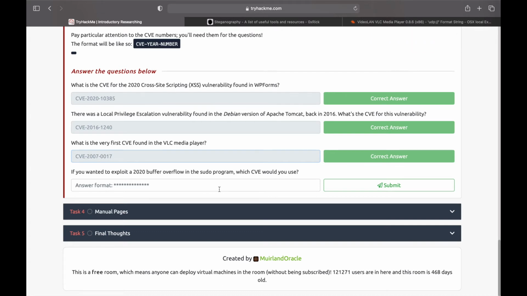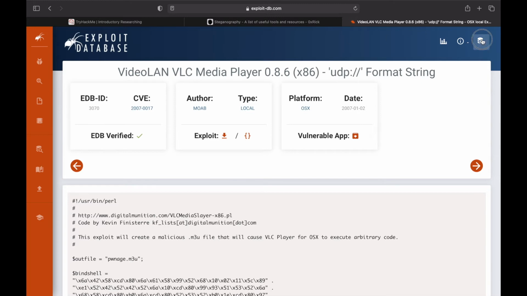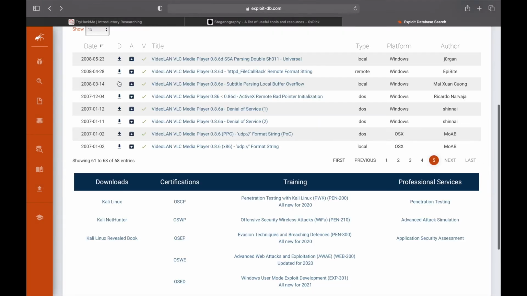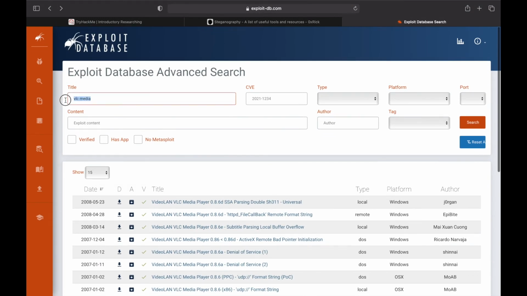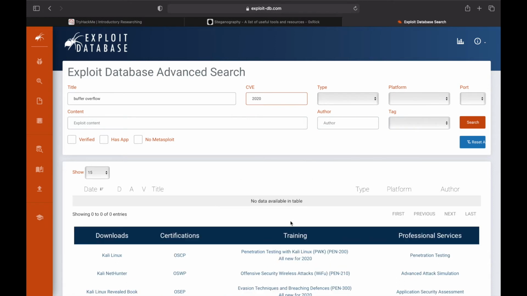And if you wanted to exploit a 2020 buffer overflow in the sudo program, which CVE would you use? Buffer overflow, exploit a 2020 buffer overflow. So we'll go back and search for buffer overflow. It's 2020, but this is on sudo, right?